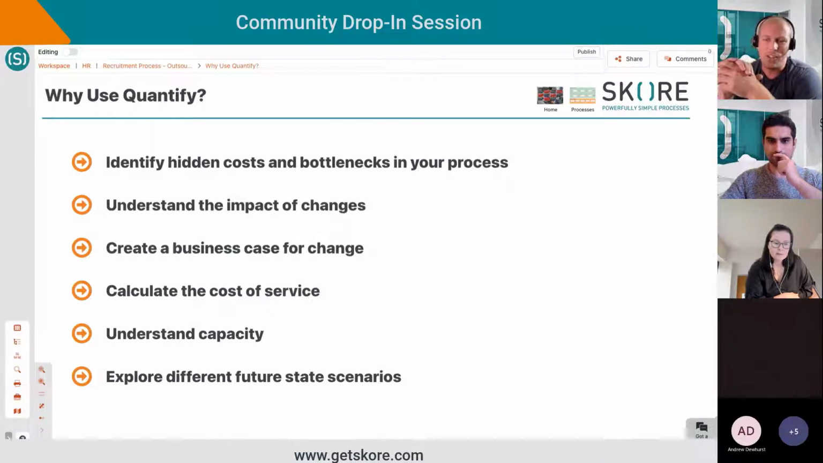Understanding the impact of changes. I think this is a really good one that, again, is often underutilized, I believe, quite strongly when looking at processes, because it's very easy when we look at a process to say, hey, wouldn't it be great if we just changed that, or we removed that step, or we